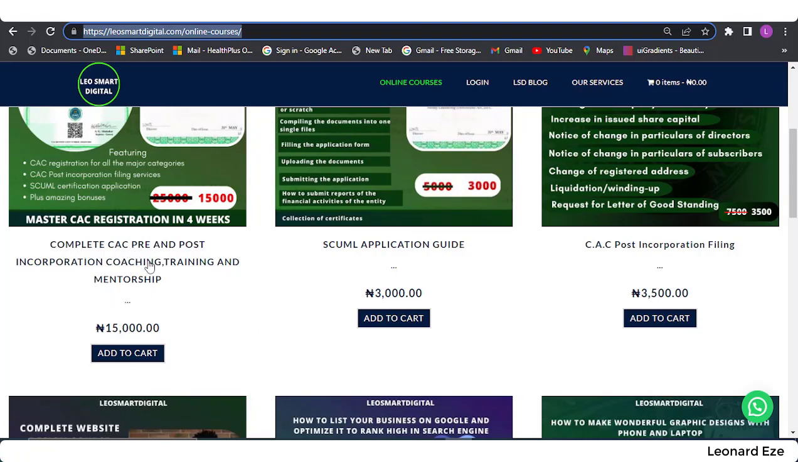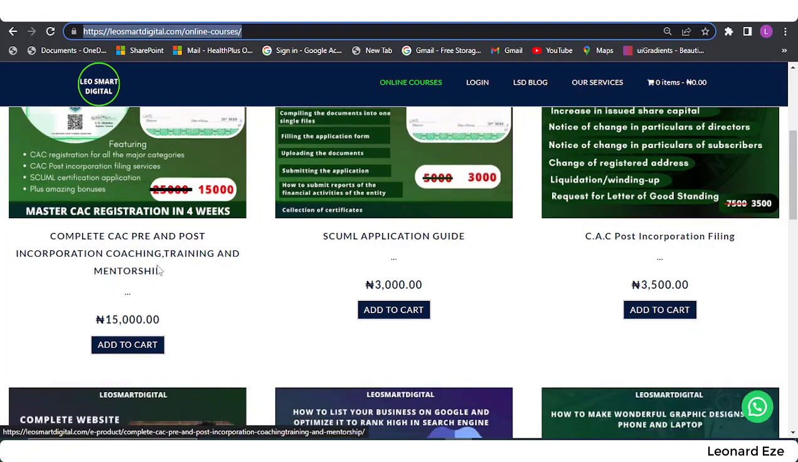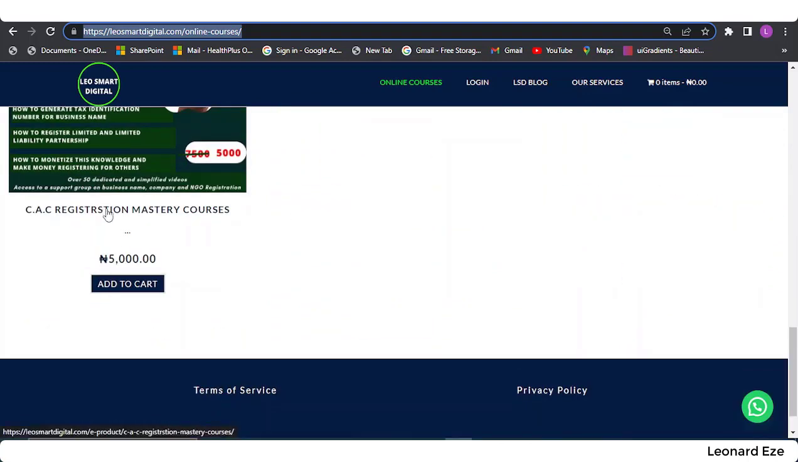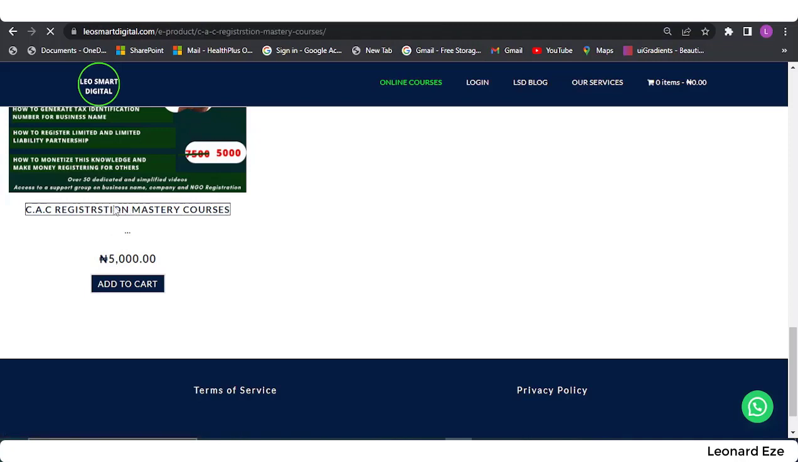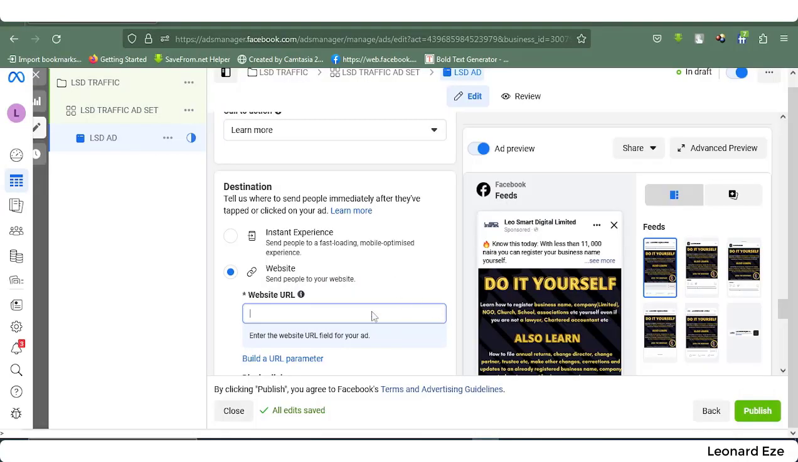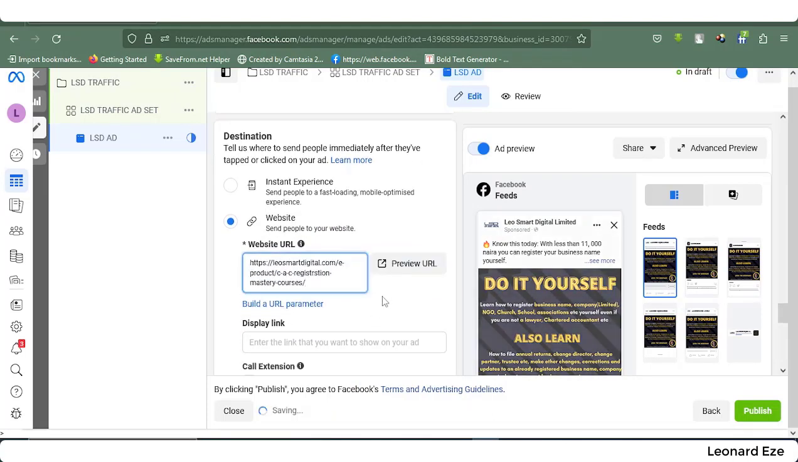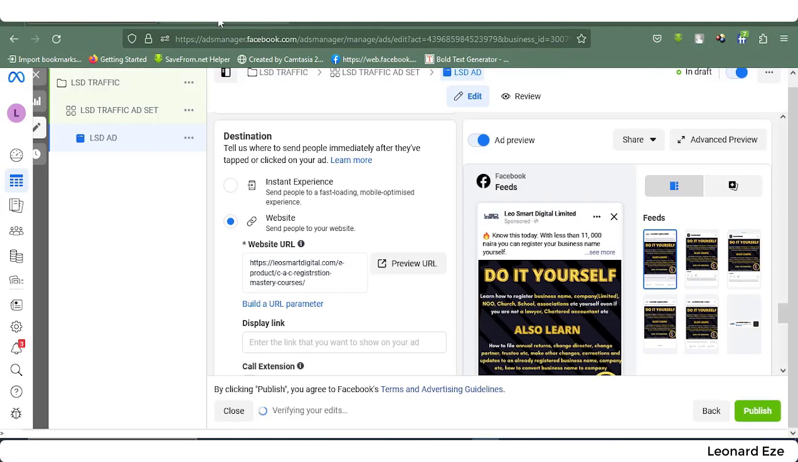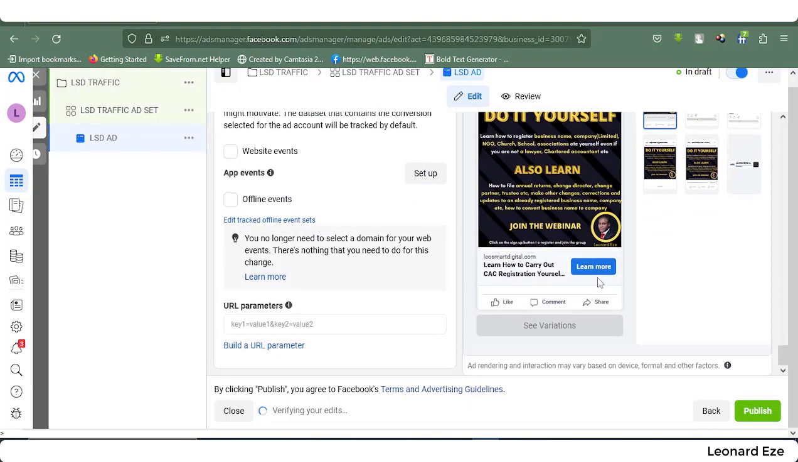But if it is, let's say, streamlined, then maybe it's just this CAC I want to sell, I want people to know about. I can take the URL to this, can copy it, and then paste it here. So you can preview it. Let's see how it will look. You can see